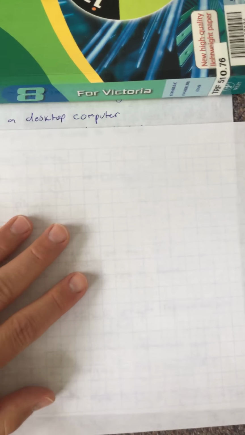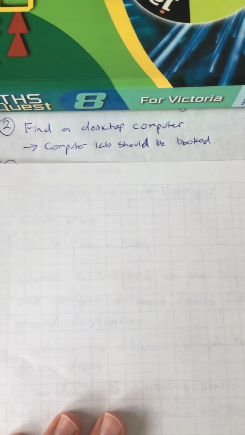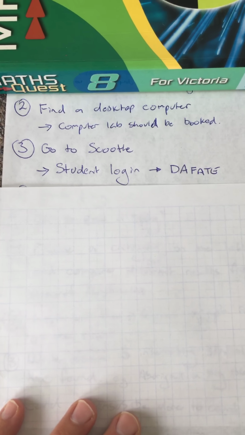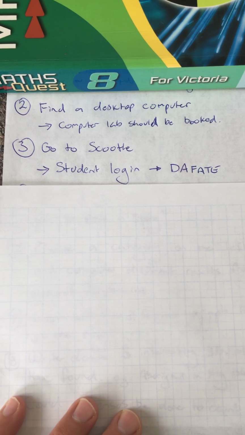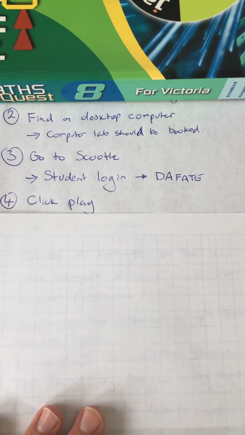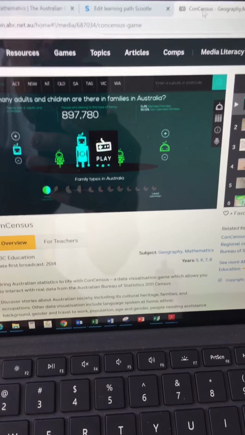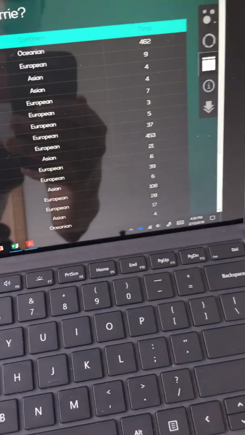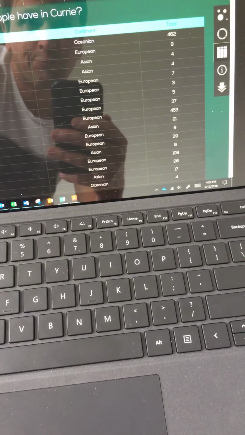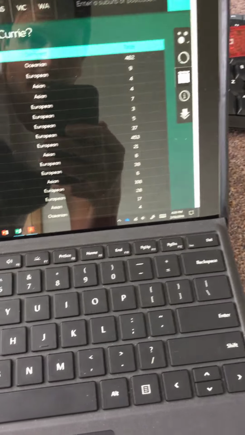But if you have finished that, what I would like you to do is to find a desktop computer. The computer lab should be booked. I'd like you to go to Scootle and go to the student login and put in DAFATE. And then click play. You should get a screen that looks a little something like this. So if you click on the play button, you should get taken to, not this screen, hang on, whoops,